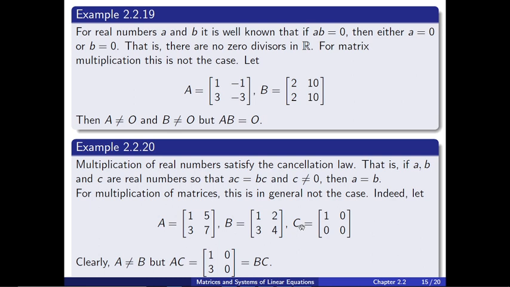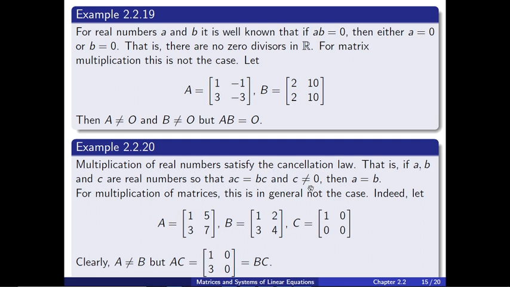So in this case, that's why C, if you look at C, you see that we haven't talked about inverses of matrices, but you can see that in this case the determinant is 0. We'll talk about that later, but the determinant is 0, and therefore C here does not have an inverse. So that is why